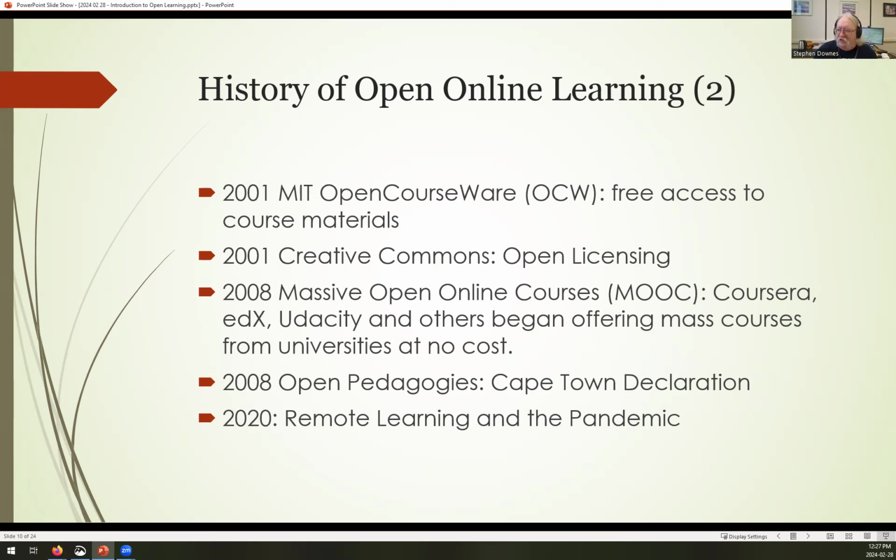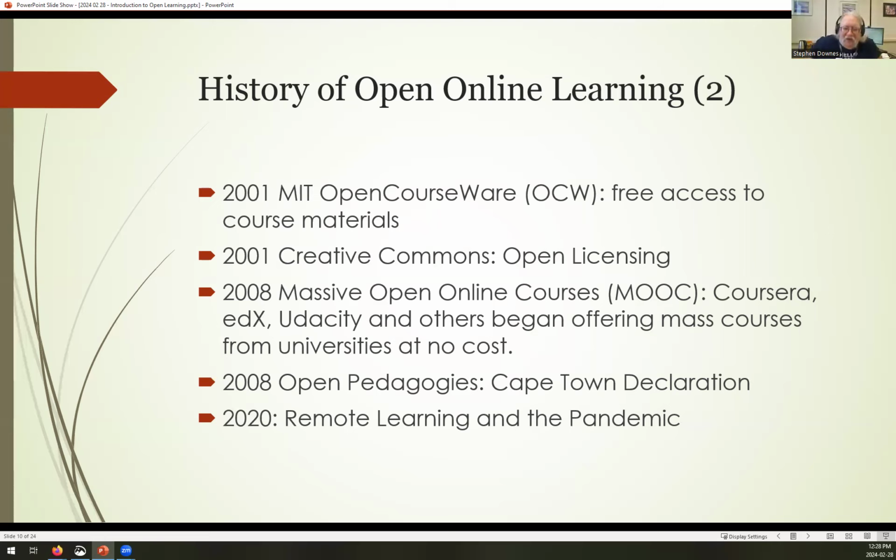Not coincidentally, MIT in 2001 had a lot of interactions with Richard Stallman. Stallman had an office at MIT. They launched something called OpenCourseWare. And this was all of the course outlines, the readings, the summaries, the question sets, etc. Anything that they gave to students during the course, they put into an online format and made that available